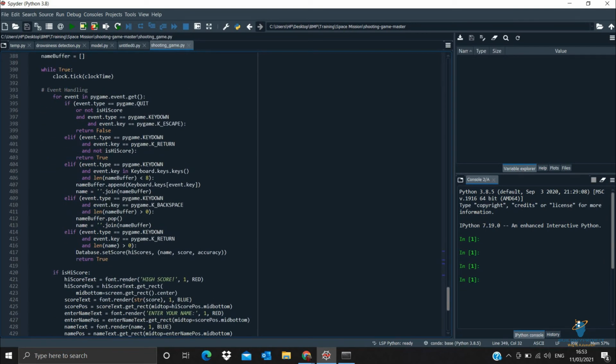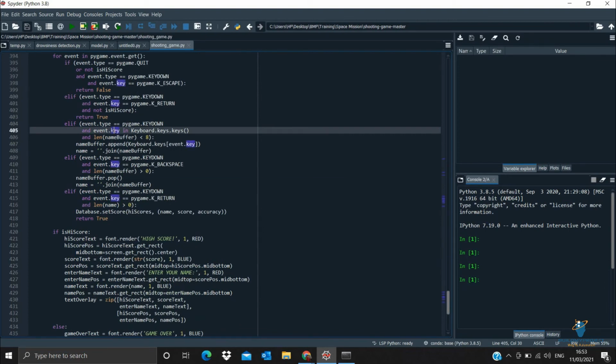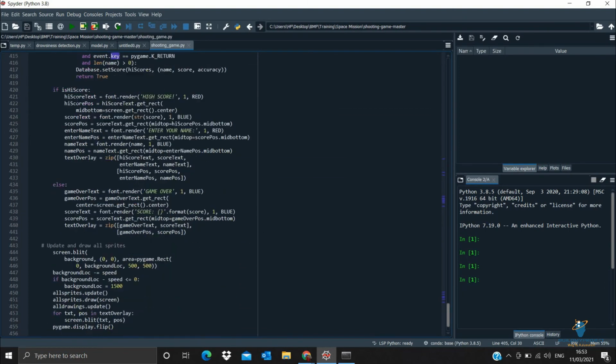First of all, that is quit, and either you can escape, or you can return back to the main menu with some particular keys. And then now we are going for high scores. Your high score will pop up, given by that value. It will be calculated by default by the system itself, after destroying those alien ships. And then it will ask for your name. You need to enter your name.